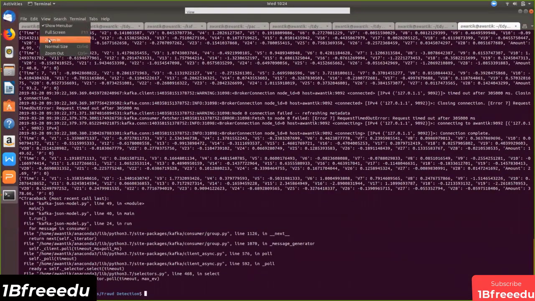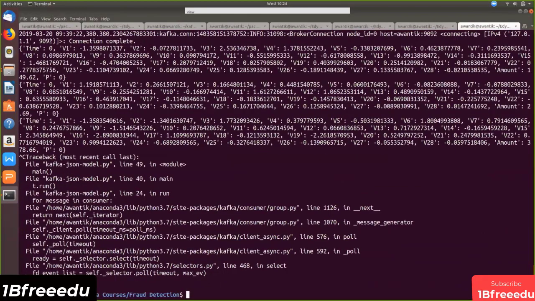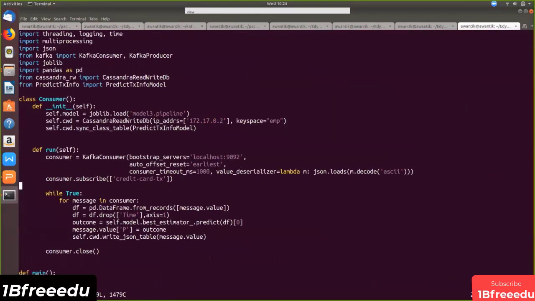Let's increase the font. Okay, so we have this consumer, and of course we have init. We are initializing this with the model, a little bit of hard coding here. Of course, you can pass this as an argument to the consumer. We have Kafka information, and we are telling auto offset reset. That means it will start from the beginning, whatever data is there in the Kafka server. This is that configuration. This is the timeout. This is again the decoder of the JSON messages, and it is subscribing to this topic.